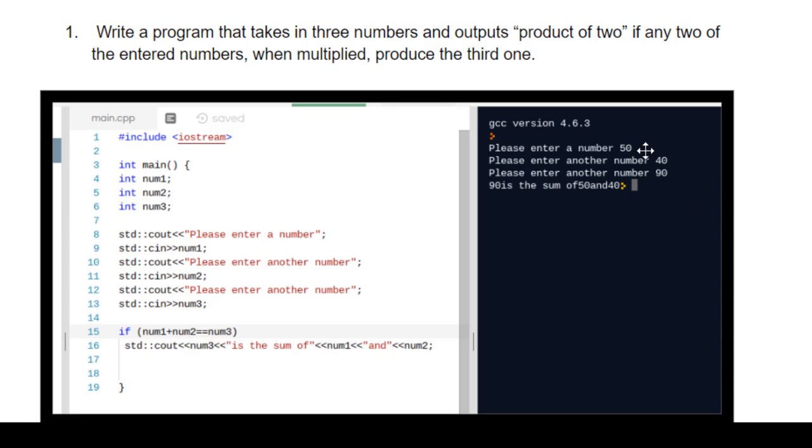As you can see, the user has entered 50 and 40 and 90. And then the code is supposed to output product of 2 if any of the two entered numbers are multiplied to produce the third one. So those are the instructions. So again, take in three numbers, see if when you multiply any two of them with each other, they produce